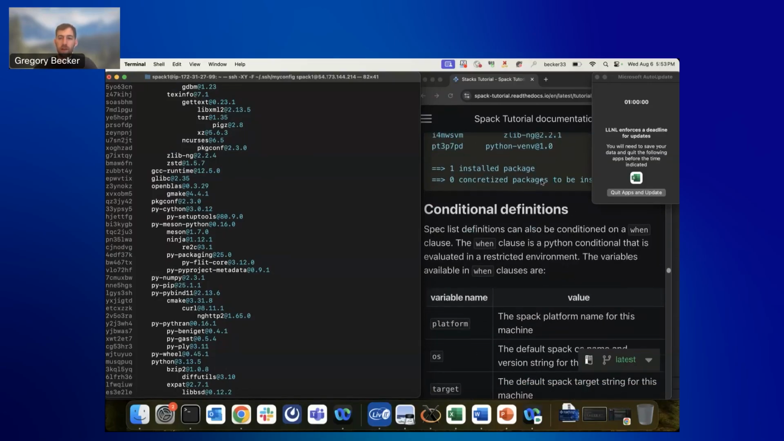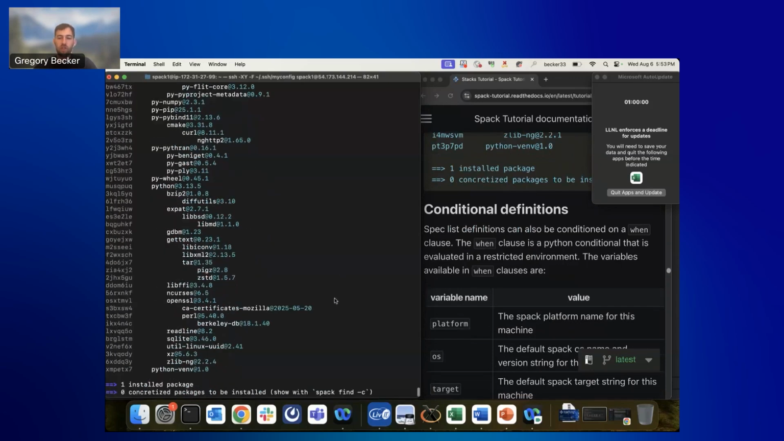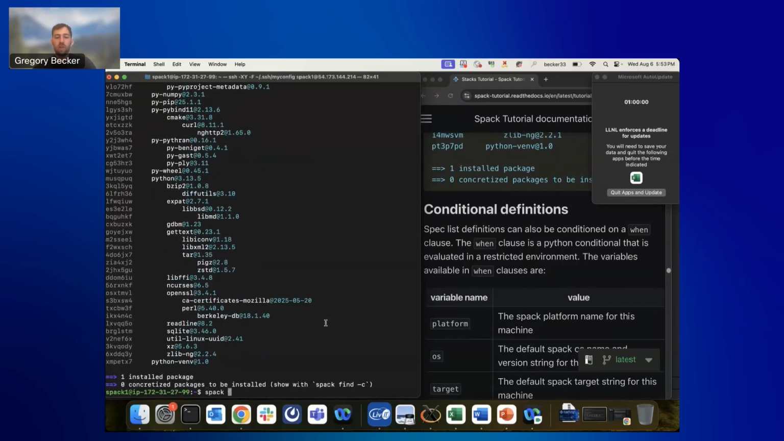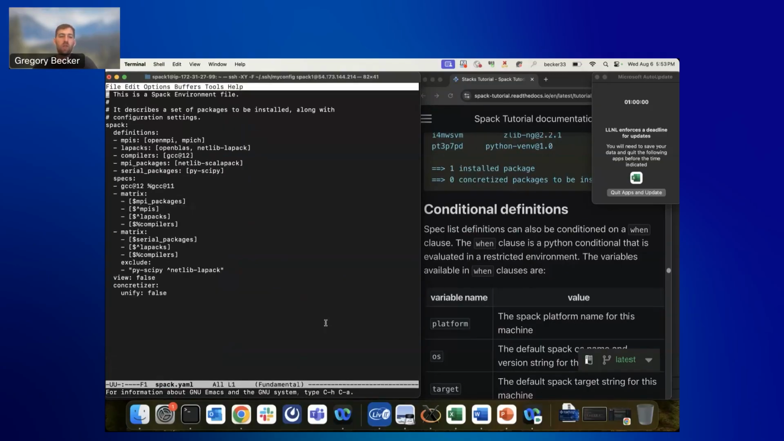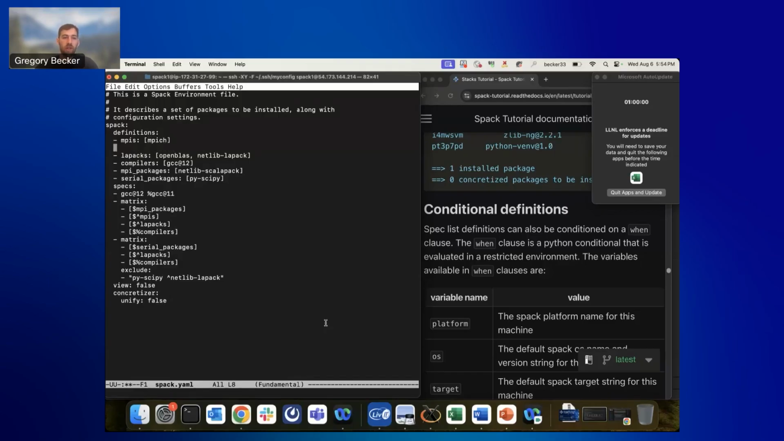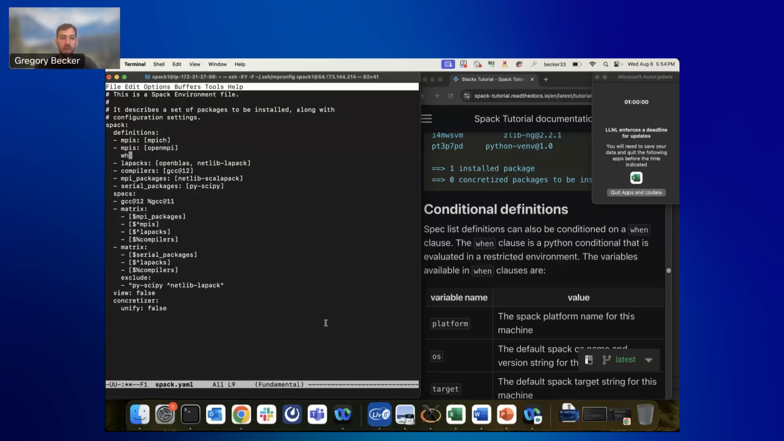So the last thing we'll talk about for constructing the list of specs is conditional definitions. What if we want some conditional definitions for which MPIs we use when? Maybe we'll use certain MPIs on certain systems or in certain environments. For our case, just for the demo, we're going to say we always want mpich, and we also want OpenMPI when,